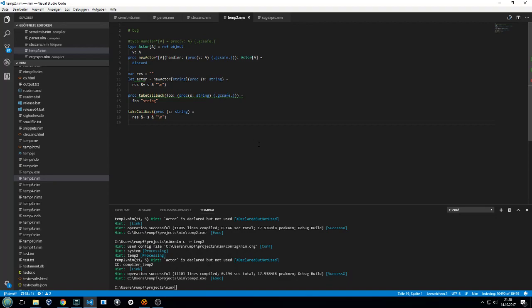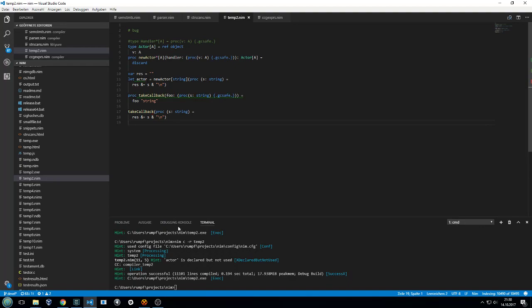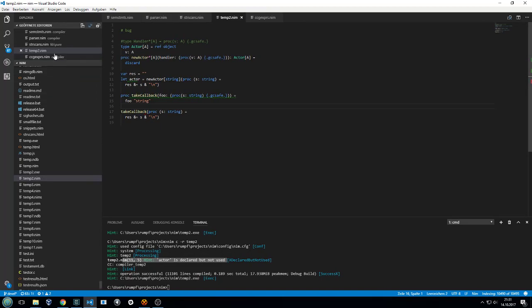Stupid. So I might fix that as well, even though I think that's actually a nimsuggest problem again, because let's see, the compiler here actually says only actor is declared but not used, and that is correct. So that's probably caused by running nimsuggest in a different thread that doesn't really get the latest version of this code, and it used to not be used, and so back then nimsuggest was correct. Okay,